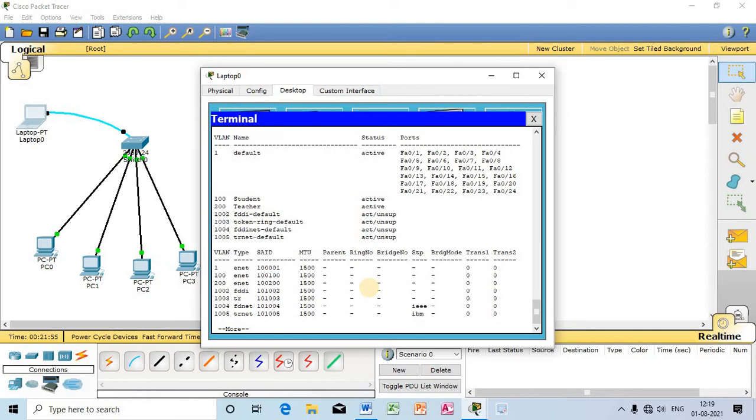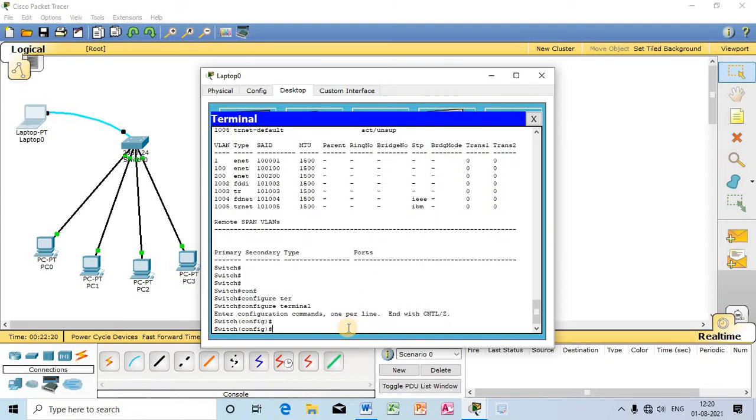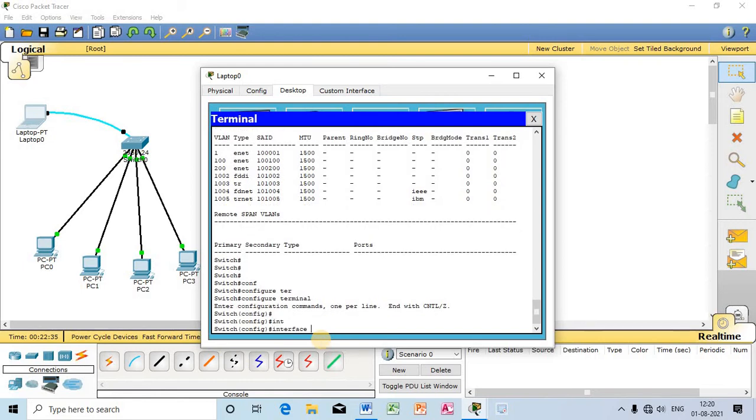Now let us do that. Again to do that I will move to config mode and write the command configure terminal. Ignore this thing. Write configure terminal, watch out the spelling: CONFIGURE space TERMINAL. So now I have moved to configure mode again. So now I will configure the interface.